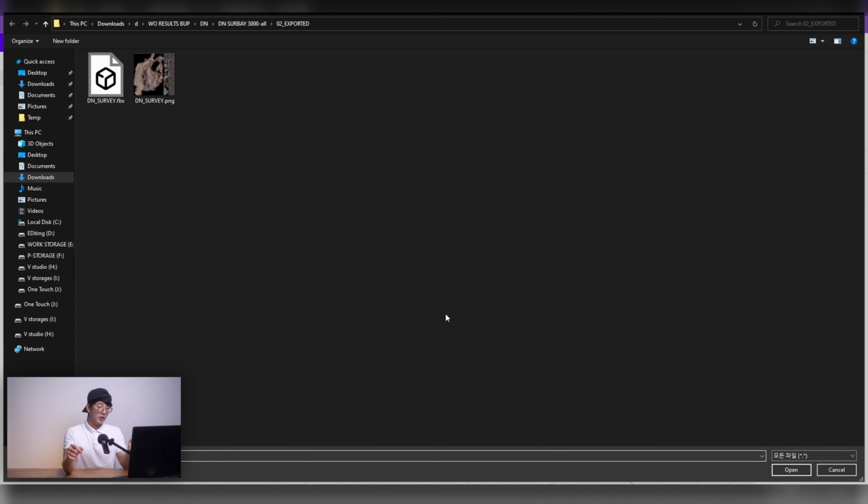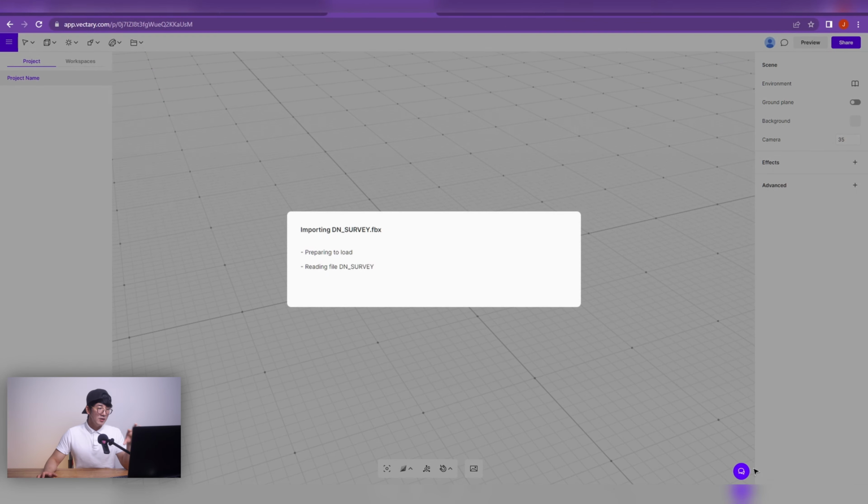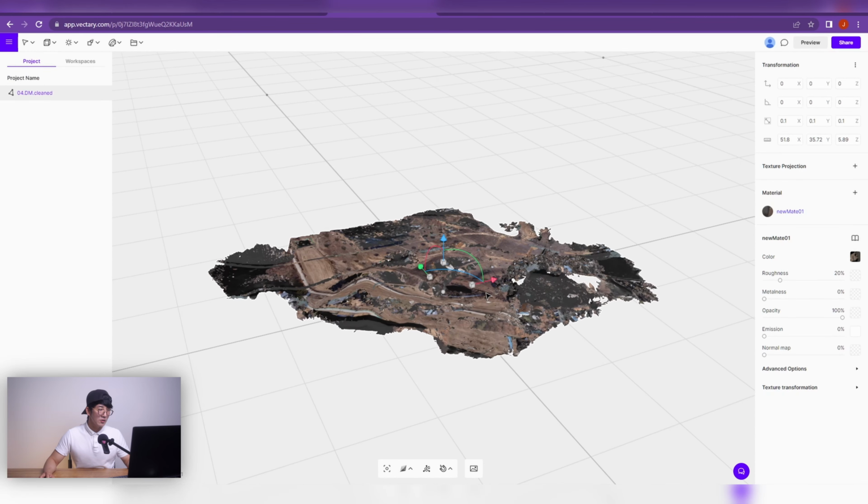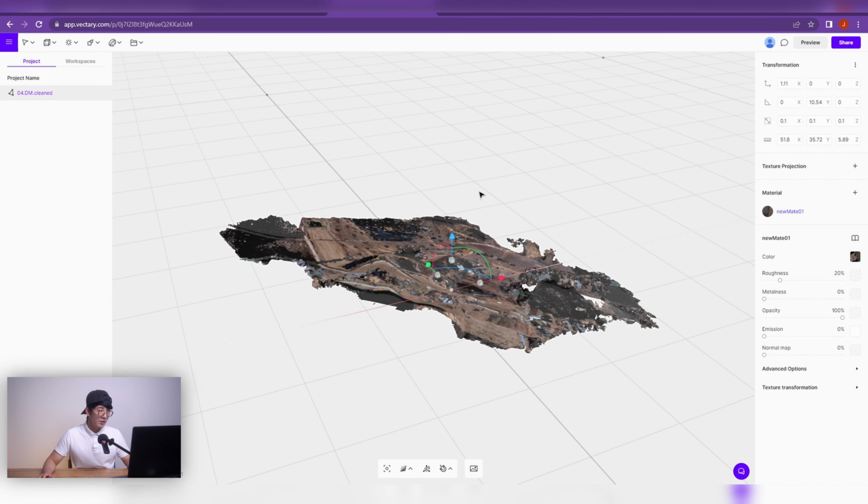And choose the files. There's two files you just exported. One is the object file, the other one is a texture file. Select both of them and open them into the space. And if everything goes well, you're gonna see this message. You might wanna select the fit object. It will automatically calculate it somehow, and then you're gonna see that this object is right up here, which I already